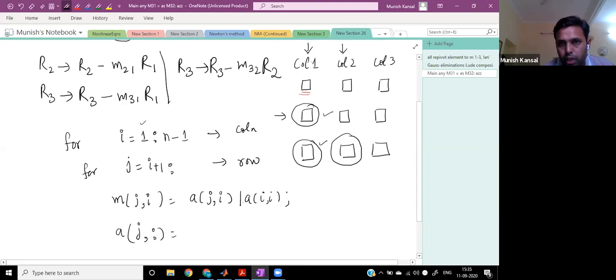नाउ हियर वंस यू स्टार्ट विद द कॉलम 1, तो आपने जीरोस बनानी स्टार्ट की R2 में, देन R3 में, देन R4 में, देन सो ऑन। सो आप कौन सी रो तक जा रहे हो एंड में जीरो बनाने के लिए? लास्ट रो तक जा रहे हो। दैट मीन्स अगर n क्रॉस n सिस्टम है तो बिल्कुल लास्ट रो में भी जाके जीरो बनाओगे। सो आई एम जस्ट राइटिंग डाउन हियर n because you are going to the last row. So i plus 1 to n, right?